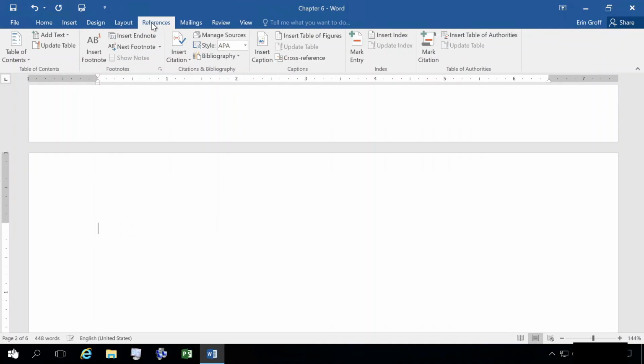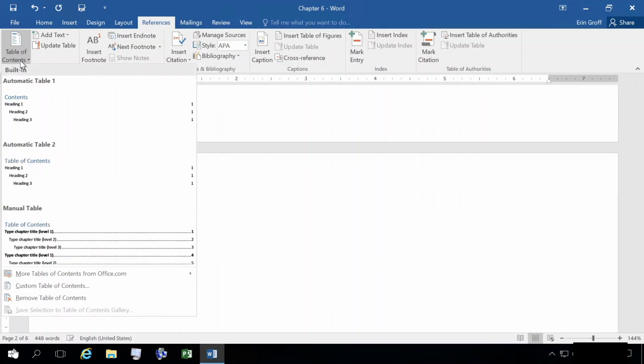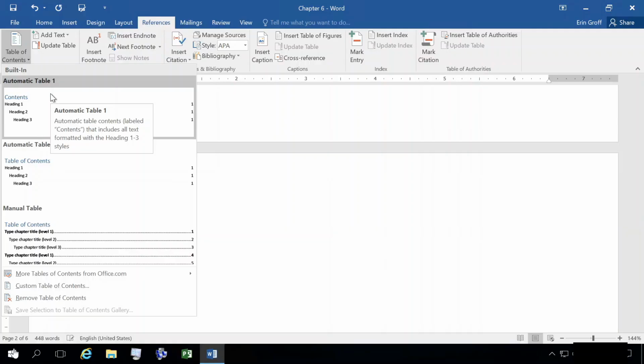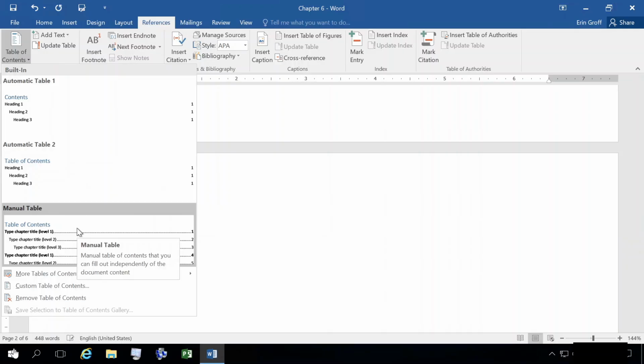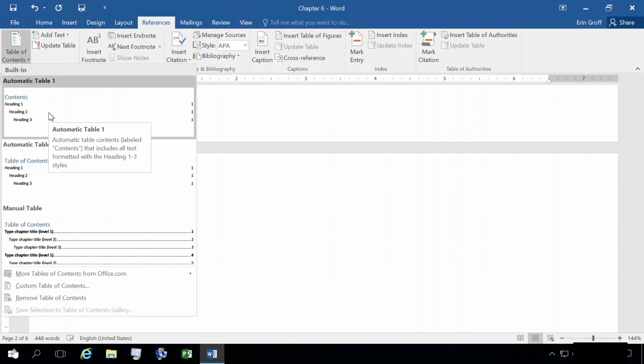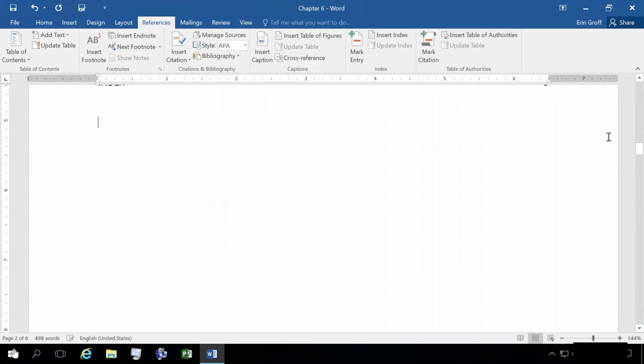So to do that, of course, you have to have your headings formatted in those heading styles. Then we can go up to our References tab, Table of Contents command group, and here we have a Table of Contents drop-down. We have some built-in styles, Automatic Table 1, Automatic Table 2, and Manual Table. So if I did Automatic Table 1,